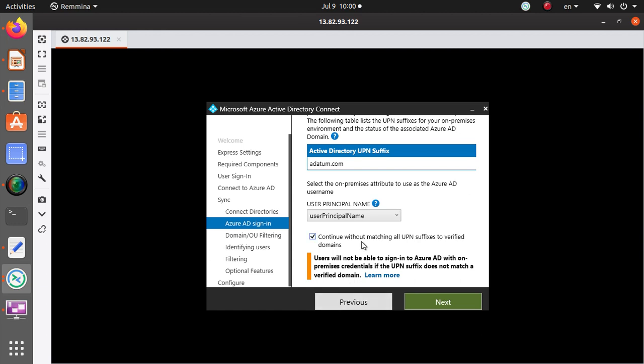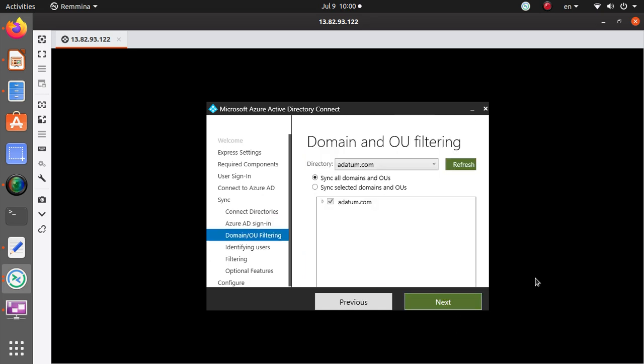If you ever see this problem when users are trying to log in and they're getting "UPN suffix does not match," that means you have to go and validate your domain name in Azure AD. So you will have to go through the domain validation process. Okay, just keep that in mind. That's also a very important thing to know. So next,